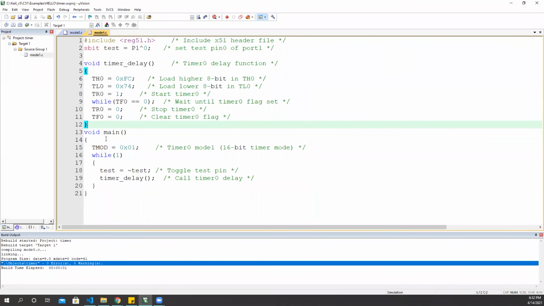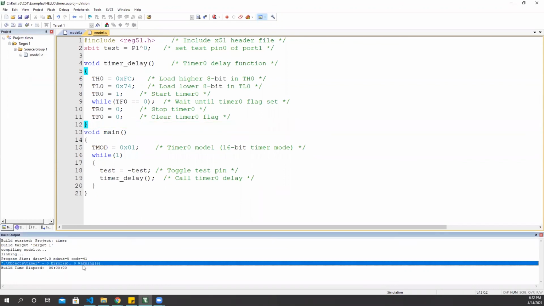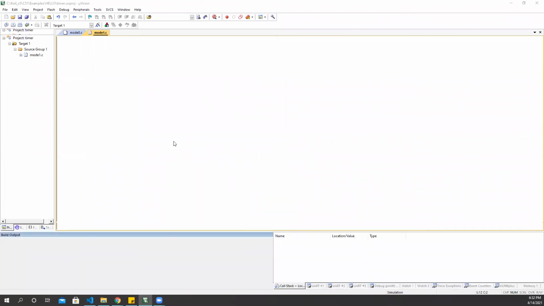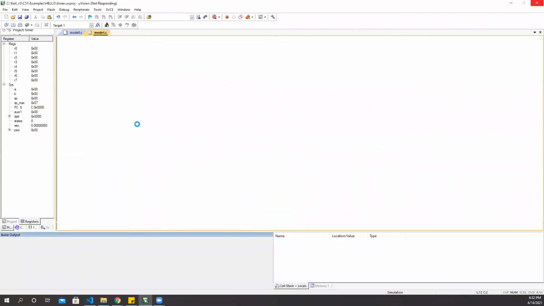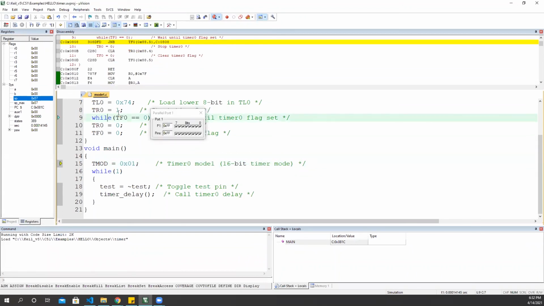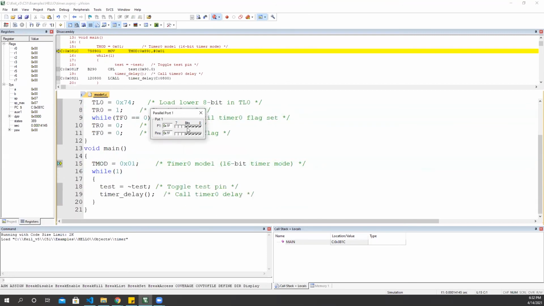So for the mode 1 outputs, first of all, we build our program. You can see there are 0 errors and 0 warnings. And we go to the debug part. Wait for a second. After this, in the parentheses, we go to port 1, because here we are defining our test variable to port 1's pin 0. So only pin 0 will be 1, and all the other 7 pins will be set to 0, and then we'll run